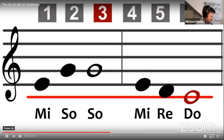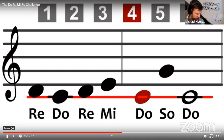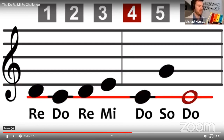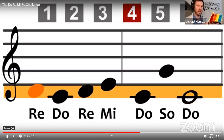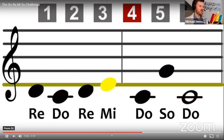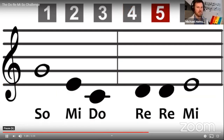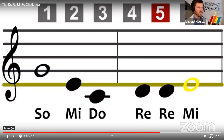I'm going to demonstrate some instruments if maybe you're doing that too. Re, do, re, mi, do, so, do. I need to hold up so you can see what I'm doing. I'm going to start with re. It's a long pattern. You should be really proud of yourself for that. I see so, mi, and do here. So, mi, oops, I got one